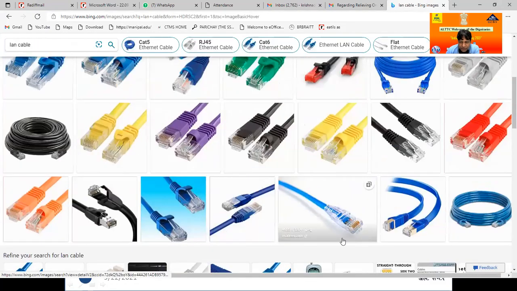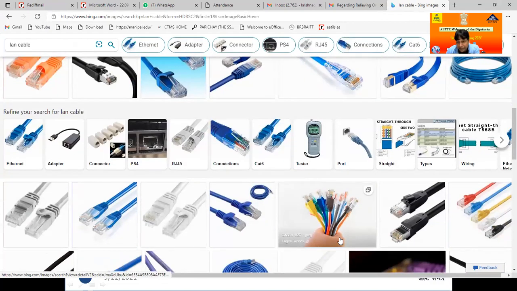Look here, all of these cables. This is a very important cable, the most important cable. In the whole world, it doesn't matter whether you are connected through Wi-Fi or optical fiber, this plays a very major role. For any internet, definitely this is a must. So this is known as the LAN cable.